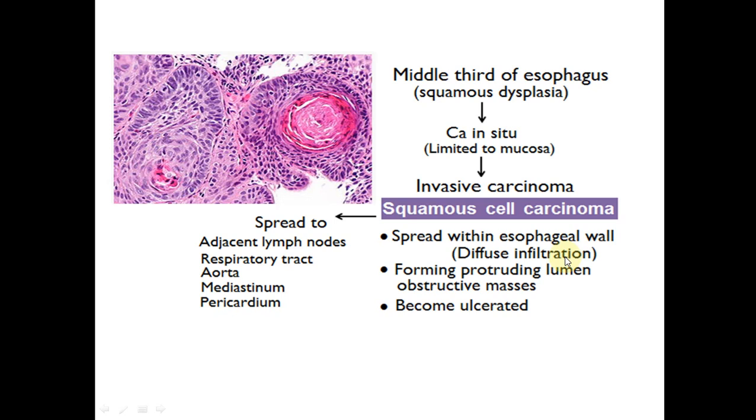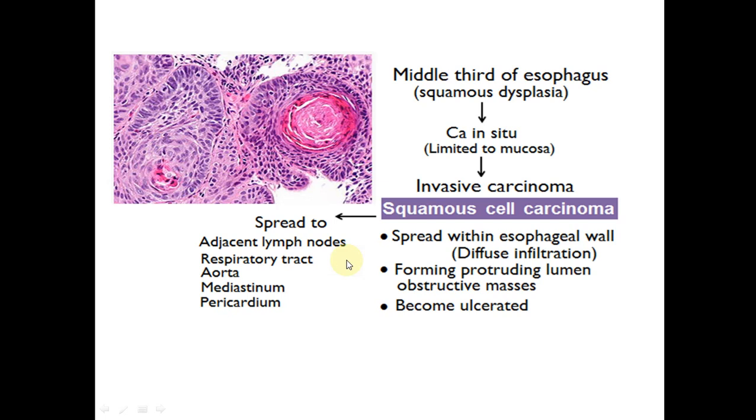and form well-defined ulcers. The squamous cell carcinoma will spread initially to the adjacent lymph nodes, but it can spread to the trachea and bronchi, and in that situation they form a fistula. When the tumor spreads to the trachea or major bronchi, they perforate the trachea and/or a major bronchus, and in this situation they will form a fistula, in which contents of the esophagus may go into the trachea and lungs and may produce serious conditions like dyspnea, cough, and other problems related to